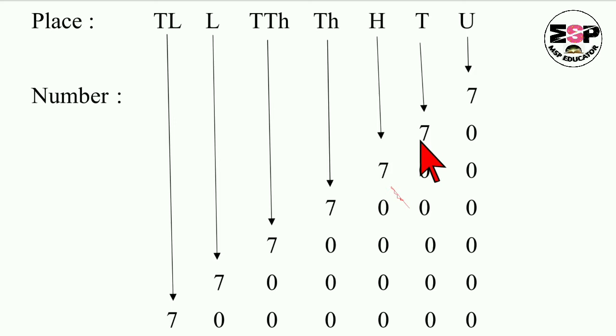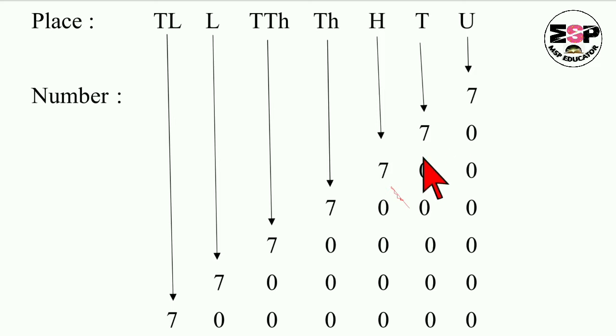And children, you are going to put a 0 on the units place, because a simple trick is there to write the place value of any digit. You are going to count how many digits or how many places are present to the right of the digit. Here only one place is present to the right of this tens place. That's why only one 0, so it is 70. Understood? You all are going to remember this trick. Every time I am going to tell you this, so it will be automatically remembered by you.